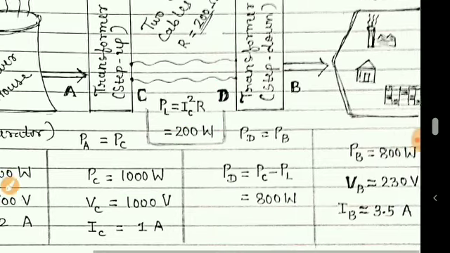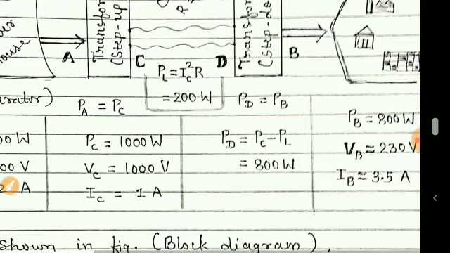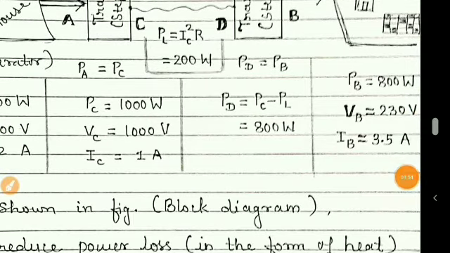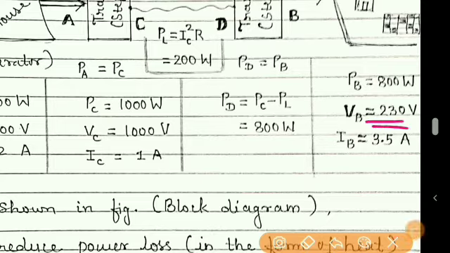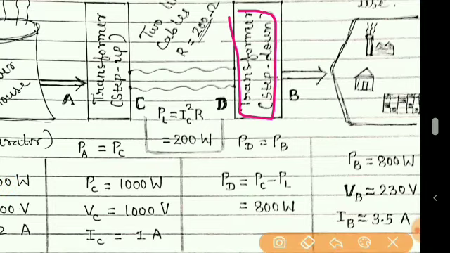Now again, here the voltage is very high, 1000 volt, but at our houses or for the commercial use, the voltage required is generally 230 volt, and so that voltage is to be reduced. And so to reduce the voltage, once again a transformer is used. Here now the transformer is step down transformer, means to decrease the voltage. Earlier we used the transformer to increase the voltage.